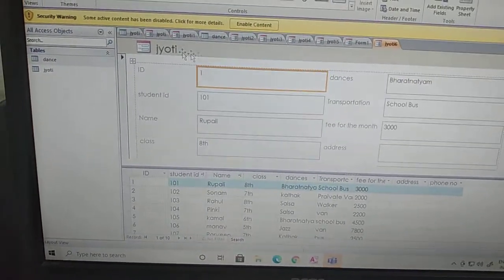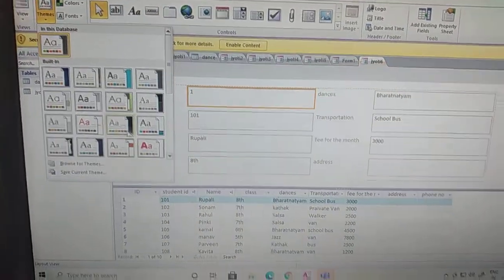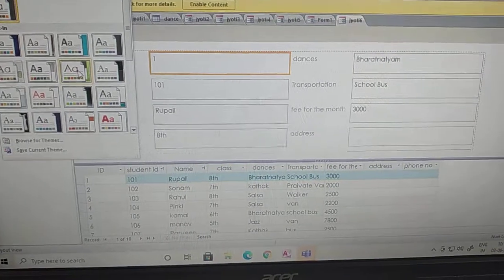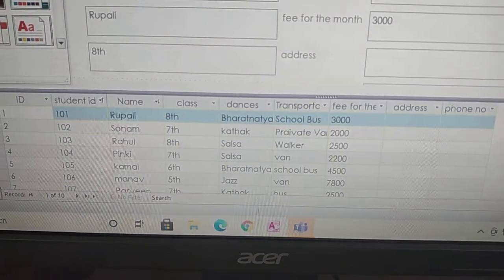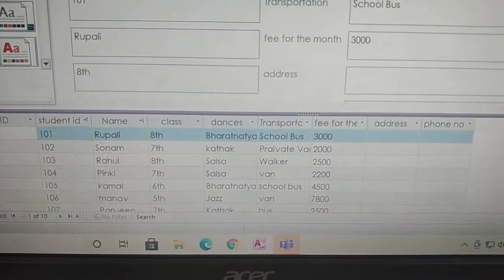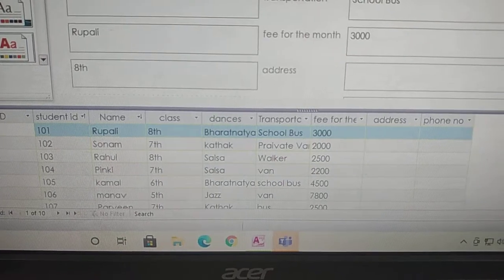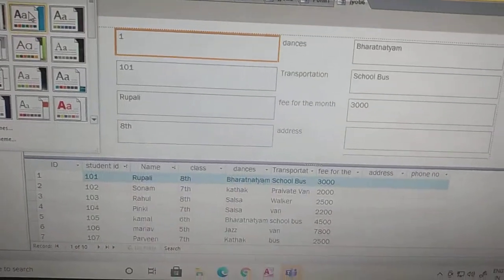Now I am going to show you the themes, and you can change. Suppose I am going to take this green theme. So you can see the border of the table has changed to green color, which was black previously. It was black before, now it will be green. So you can see the difference.